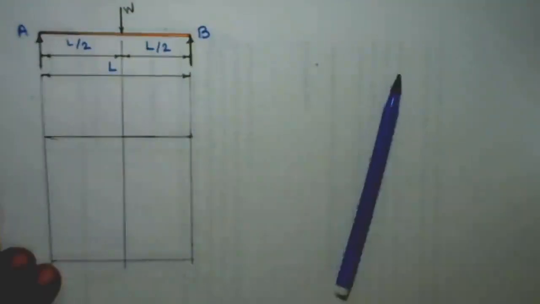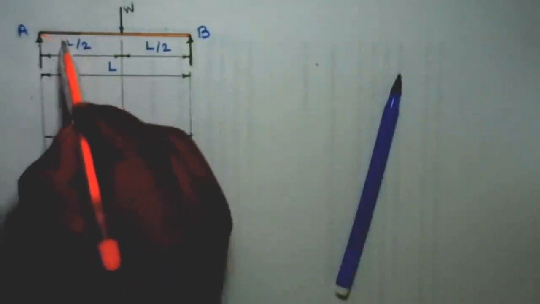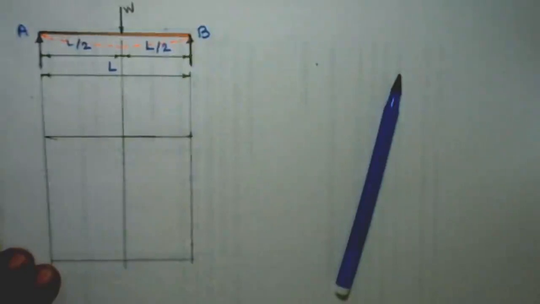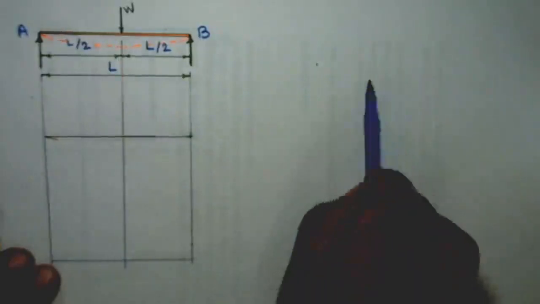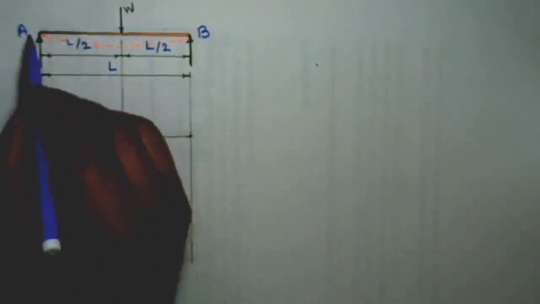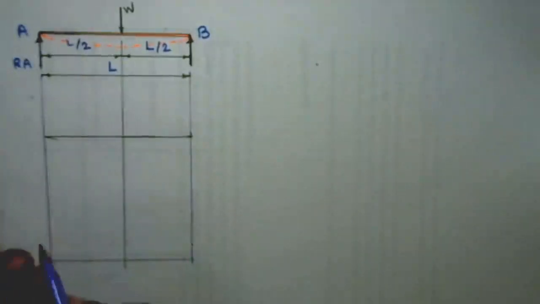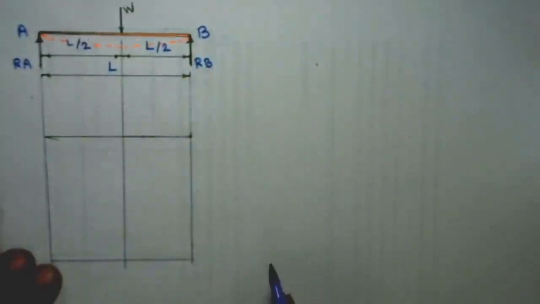When the beam is subjected to point load, at that time the beam deforms from its original position, and this deflected curve or bending moment, we say, is the sagging bending moment. In this case the beam is supported at its ends by point supports, that's why it is called a simply supported beam. Basically, first we will take the reactions Ra and Rb, which are supported at points A and B respectively.